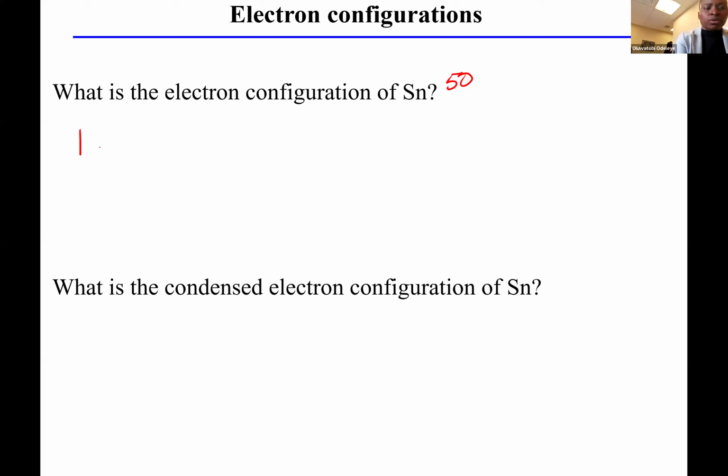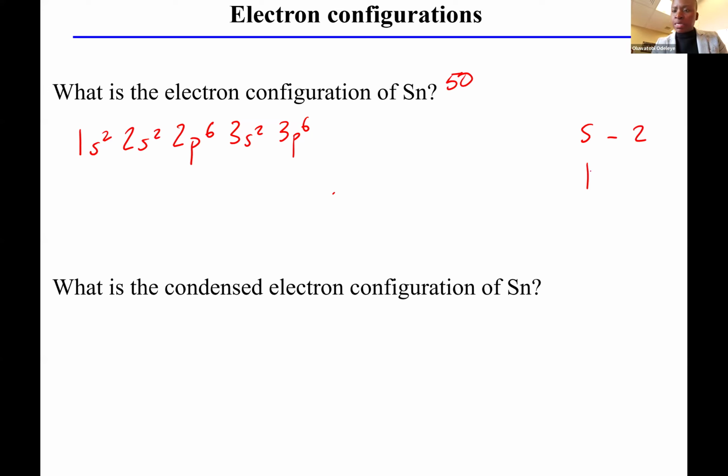So in terms of the fill order, 1s2, 2s2, 2p6. Again, you look on your periodic table: 1s2, 2s2, and then this whole thing is 2p6. And 3s2, 3p6. You'll see that I'm not thinking too much about where I'm at, because I need to get to 10 and so everything has to be filled. Remember, S will have a maximum of 2 electrons, P has a max of 6, D has a max of 10, F has a max of 14. Okay,